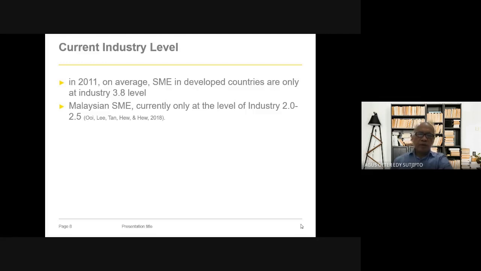From the roundtable meeting I attended 3 or 4 years ago in Putrajaya, we wanted to know the status of the small and medium companies in the industrial revolution. They decided it was 2.0 to 2.5.